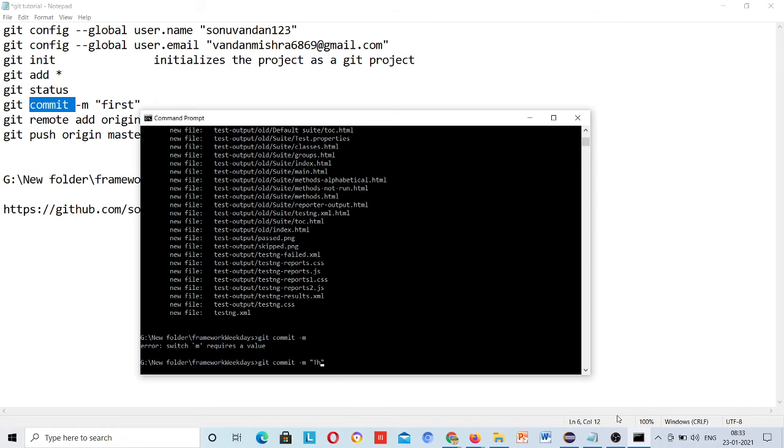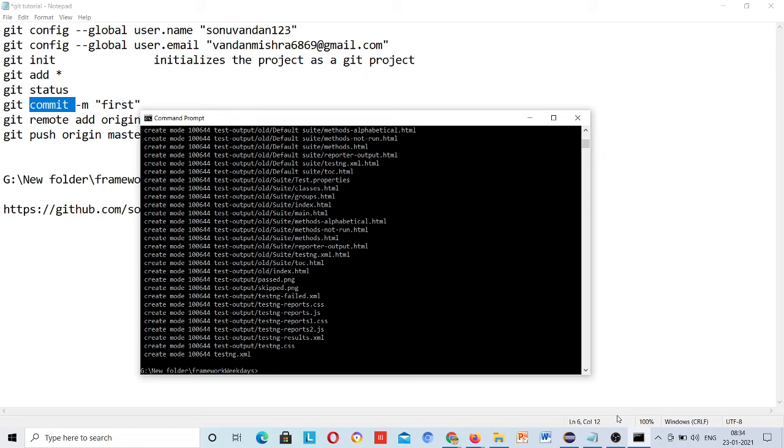Suppose this is framework version 1.0.0. Any message you want to give, just enter here.